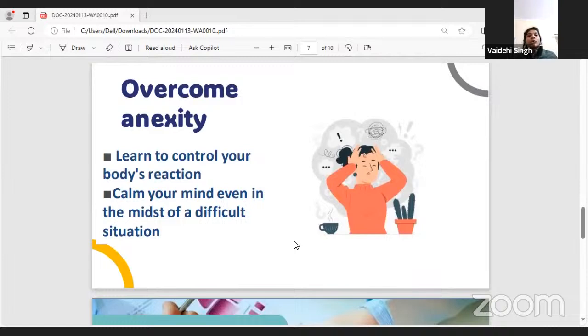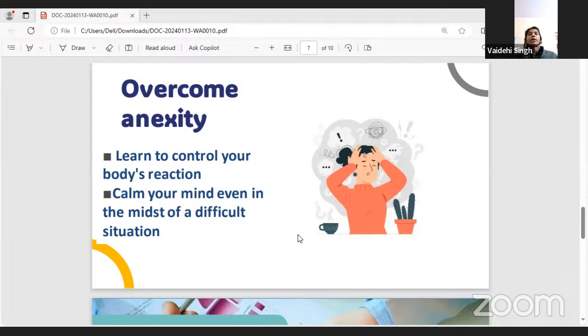The next is to overcome anxiety. Everyone has anxiety about many things. Just like I have had anxiety about public speaking, speaking in front of people. It is very difficult. So when you visualize and practice that people are standing in front of me and I'm on the stage and I'm preparing for it,